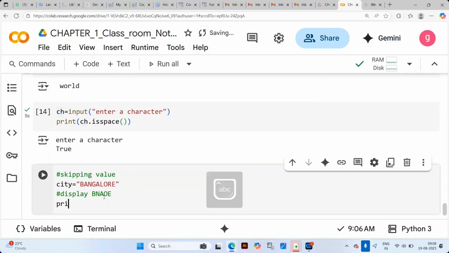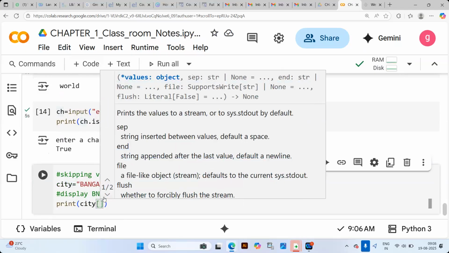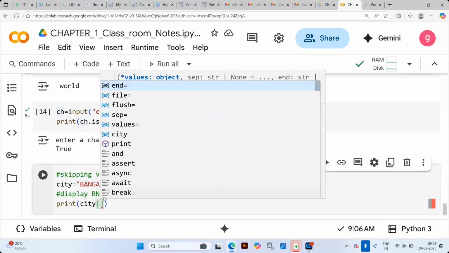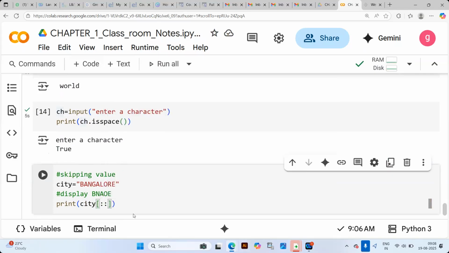Now the point is, print city within the brackets. Rather than one colon, there will be another colon. Here, if I write a 2, this indicates a skipping value. Skipping value means if I give 2, 2 minus 1 is 1.